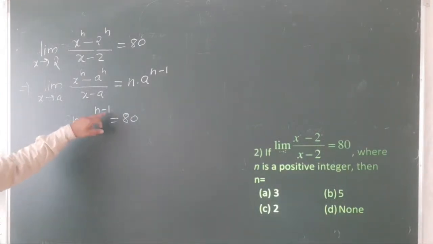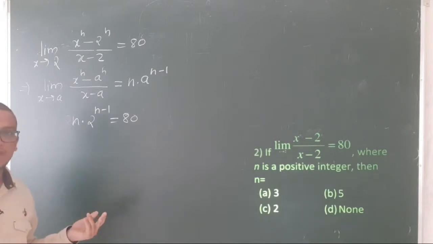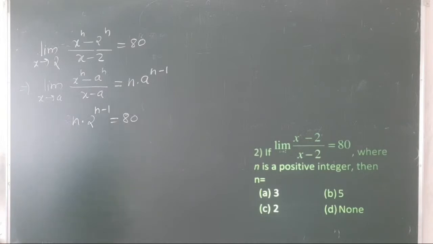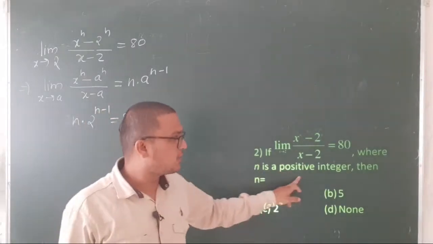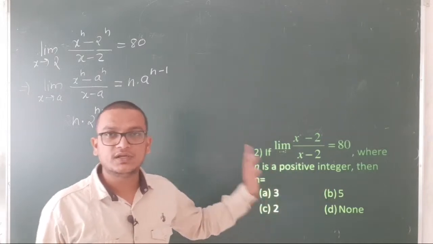n into 2 to the power n minus 1 is equal to 80. Here you have to find the value of n. How are you going to simplify this problem? It's very simple. What they have said here is that n is a positive integer,